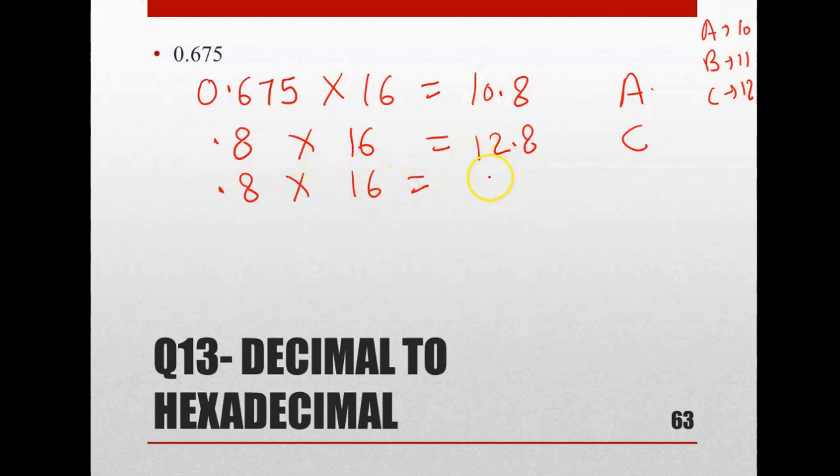So you will get the same value only, right? Because 0.8 is coming every time. Again it would be the same only. So what you will write is A, C, C, and then you can show those dots, because this is an approximate answer, it is not the complete one, right? So in this way you can convert a decimal value to a hexadecimal form.